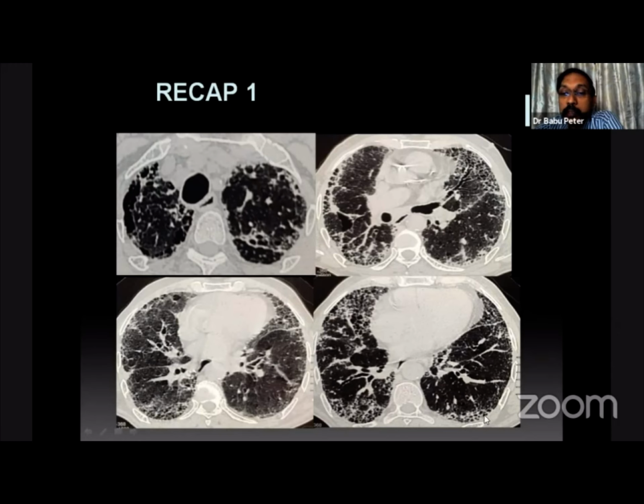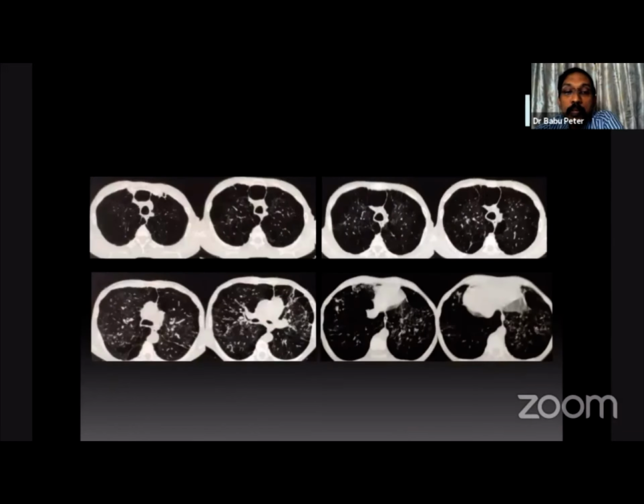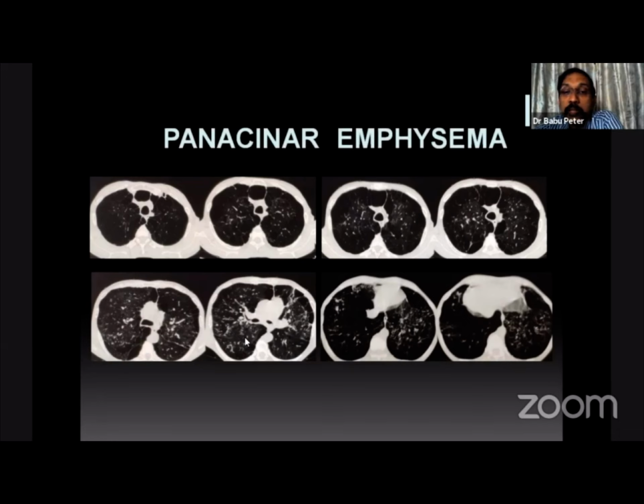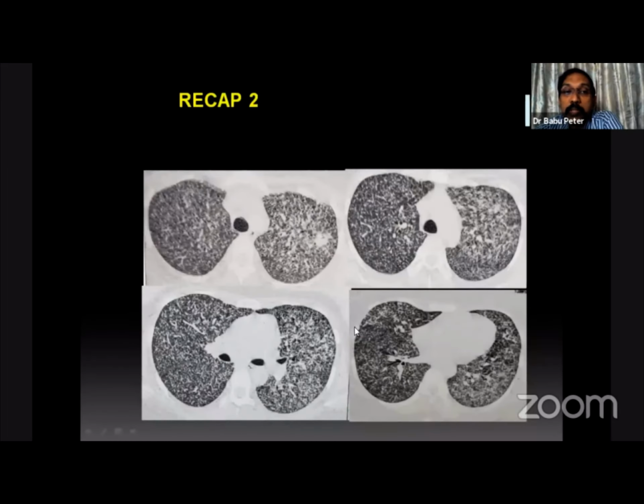So what is this pattern? This is honeycombing, basal predominant, subpleural reticulation. And this is a typical usual interstitial pneumonia pattern. Here you can see multiple cystic air spaces, and some areas of low attenuation of the lung are evident, and the involvement of the lower lobes is predominant. This is panacinar emphysema. So the typical exam spotter,